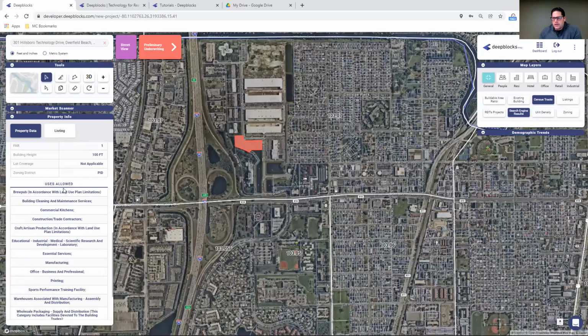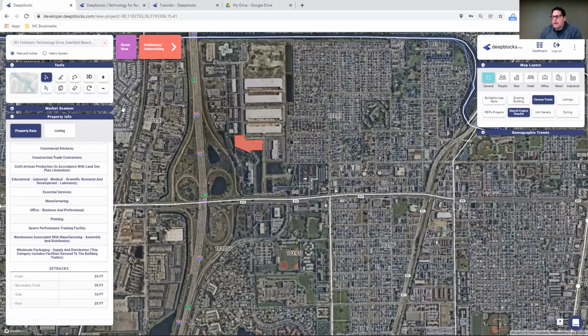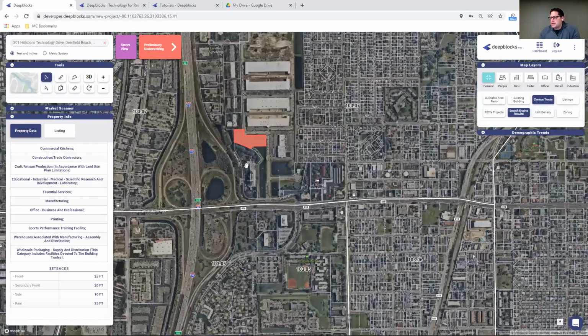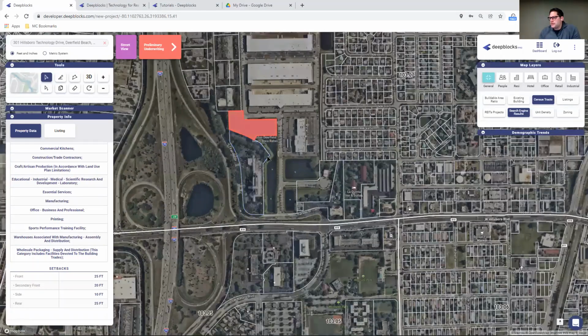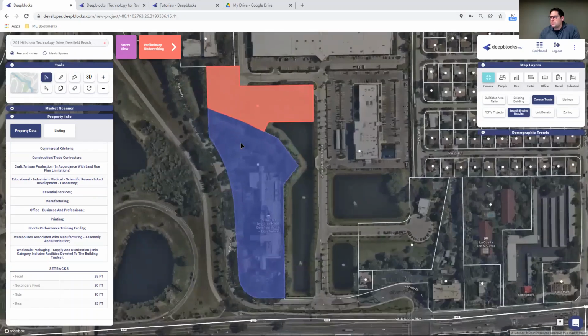And then you can see all of the very general uses allowed for this particular parcel. So we have warehouses, manufacturing, office and business, industrial. So maybe this would be a good play for a little bit of industrial and office. So considering the size and the shape of this piece of land, what we're going to do is actually